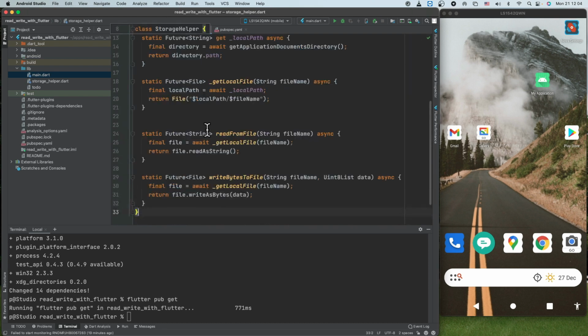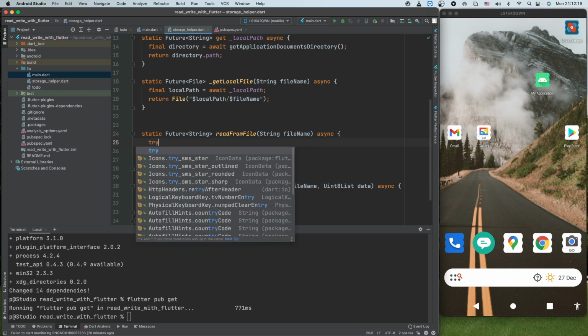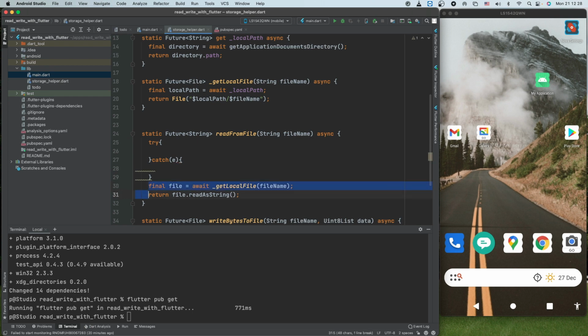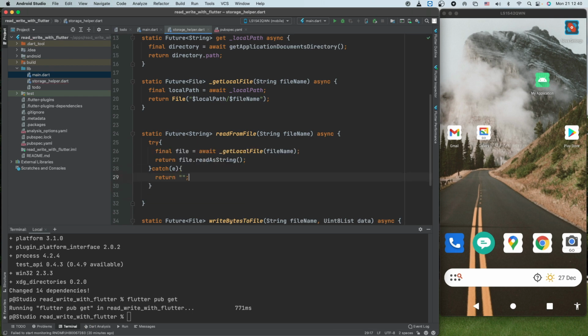Now when we say read from file, right, it might happen that the file does not exist the first time. Then when we are doing this, it may give us an error. So what we need to do is handle that error. For that we can wrap the whole code into try catch with 0 in it, and that should solve the purpose.